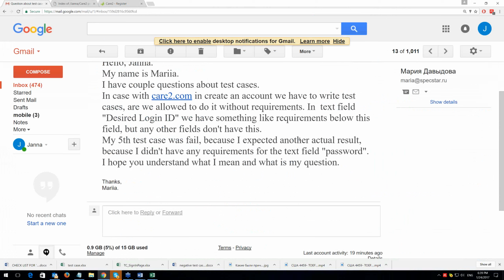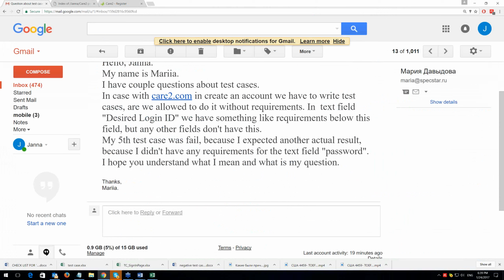But the situation is quite different in reality. With our dynamic, aggressive world, it's very hard to have requirements for everything. But even if we have the requirements, a good practice is to run exploratory testing.